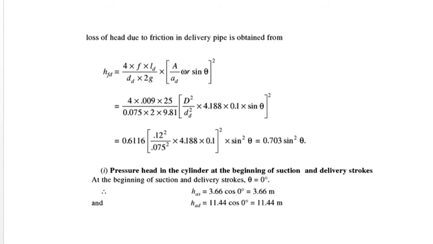Similarly, you can calculate head loss due to friction in the delivery pipe in terms of theta: 0.703 sin² theta. Now we will calculate pressure head in the cylinder at the beginning of suction and delivery stroke. We know that at the beginning of any stroke, that can be suction or delivery, the value of theta is 0 degrees. So after putting theta as 0 in this HAS value,